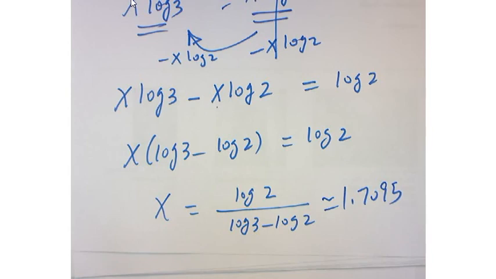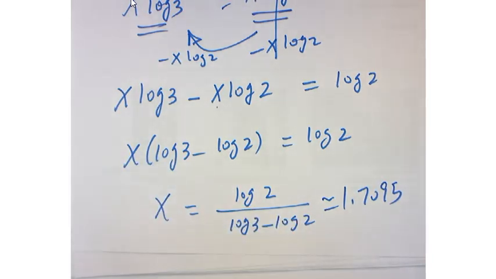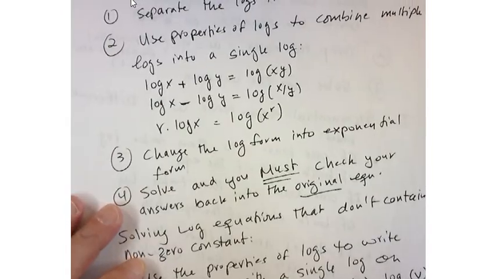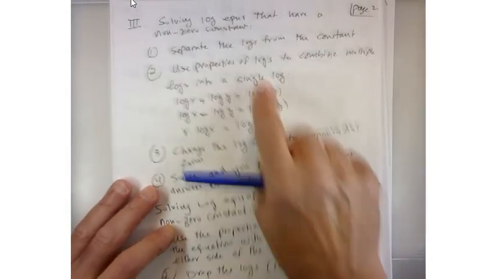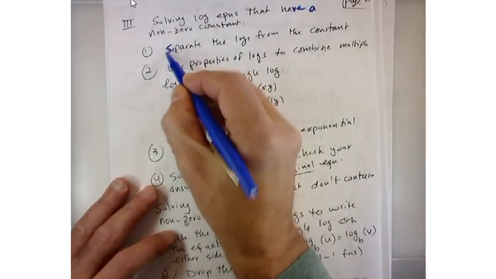Okay, so now to log equations. There are, again, just like exponential, two types of log equations. The first type, again, the same handout, if you flip the page, solving log equations that have a non-zero constant. So you have a constant that doesn't have a log in front of it. You separate the logs from the constant. So here, for example,